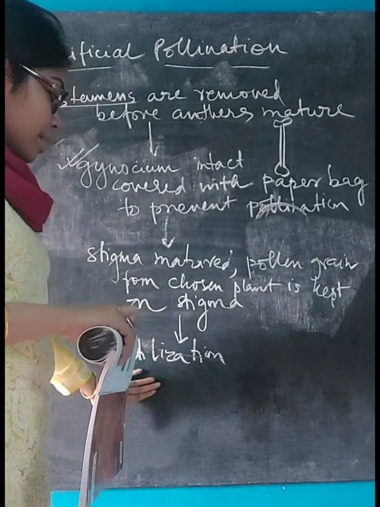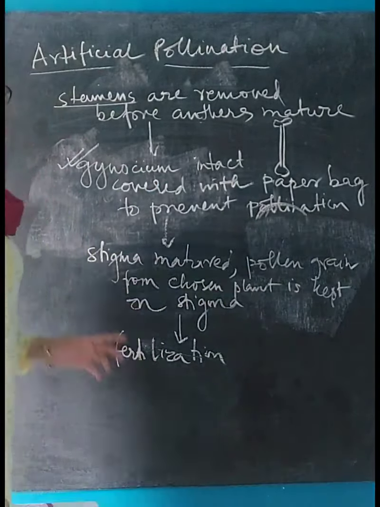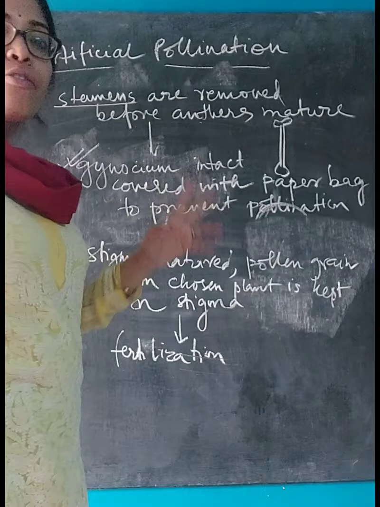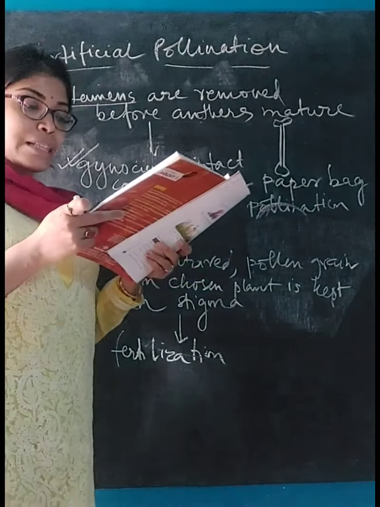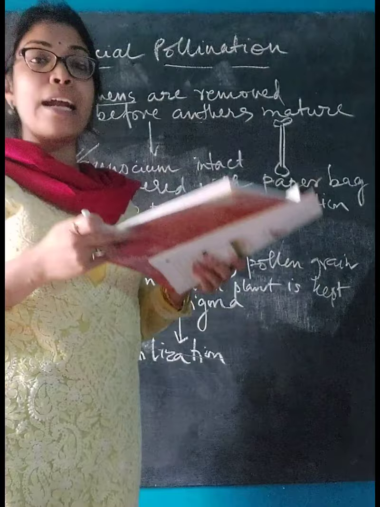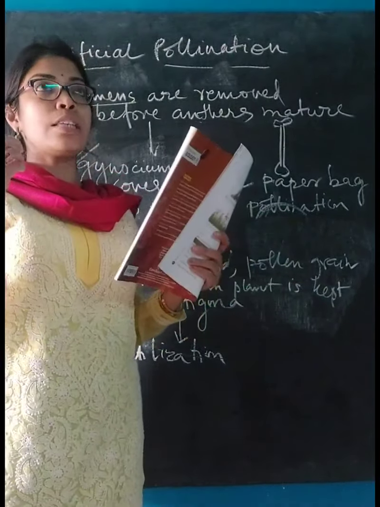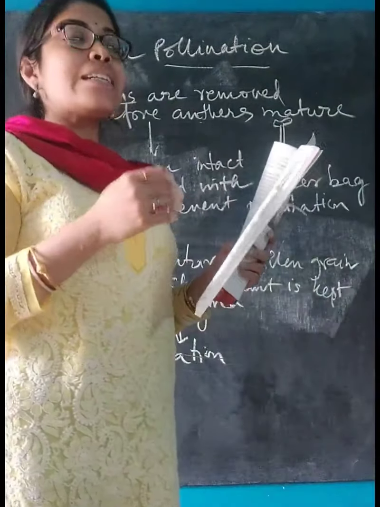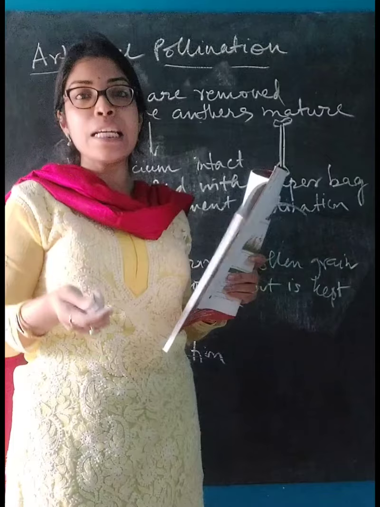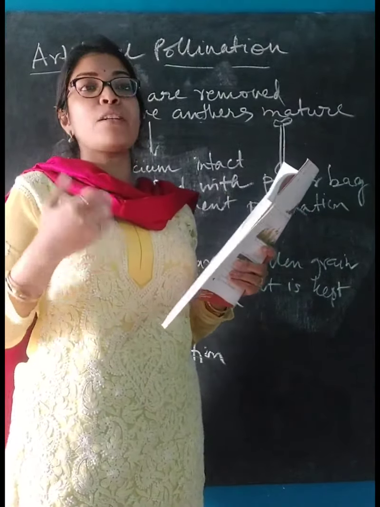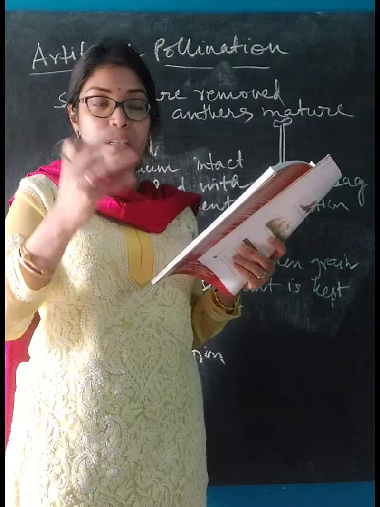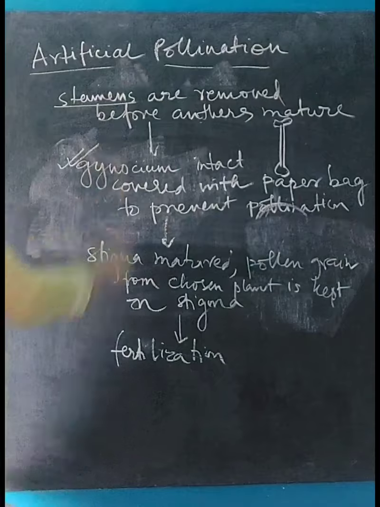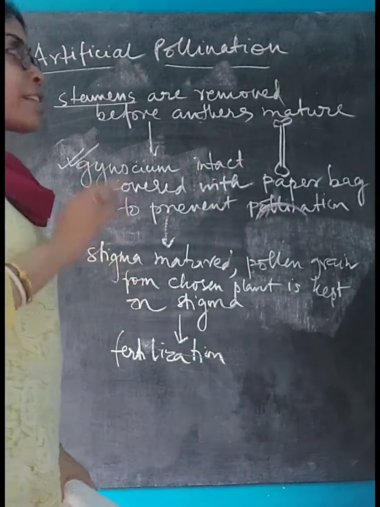So after fertilization, the seeds that have been produced are of a better variety and much better than any of their parents. Okay, so the last step is they are high yielding, of better quality, and disease resistant. So these plants are chosen in such a way that these crops are high yielding. They give better quality flowers or crops or fruits, and they are disease resistant. So this whole flow chart is how artificial pollination is done in plants.